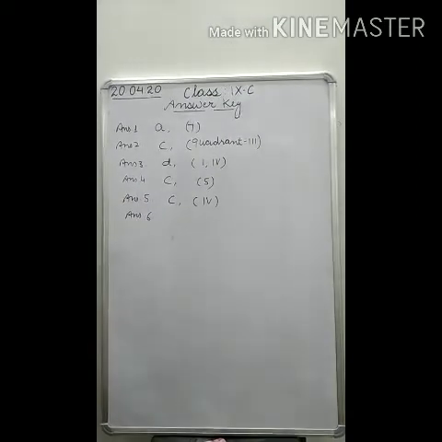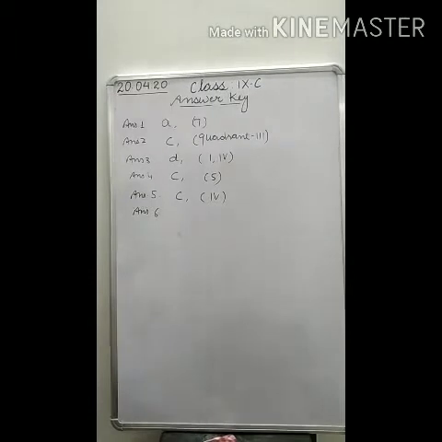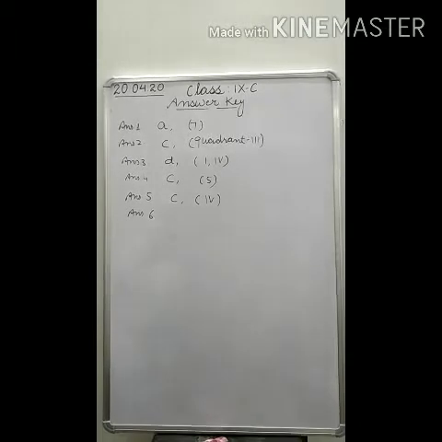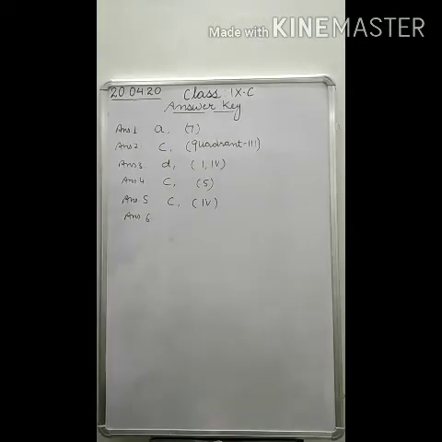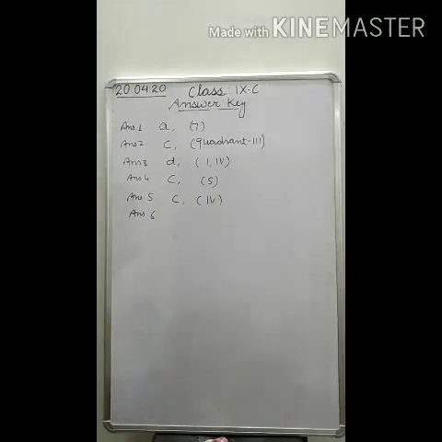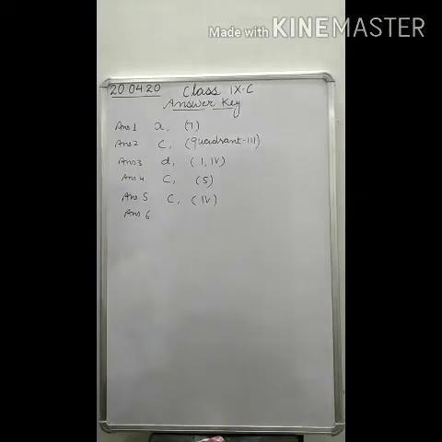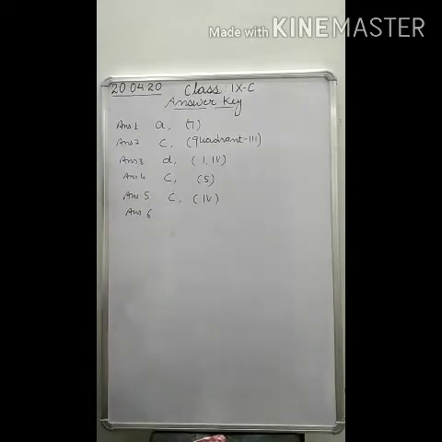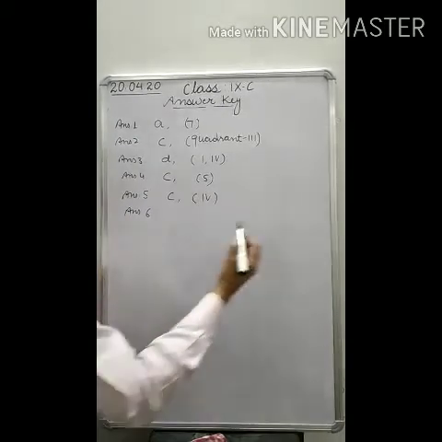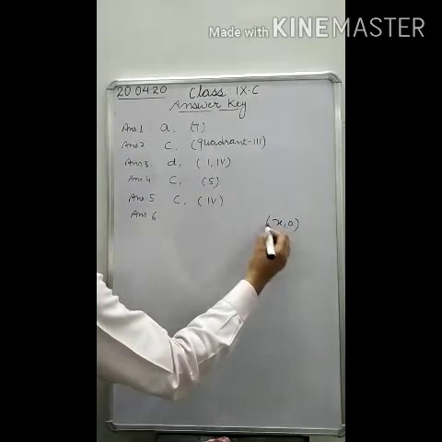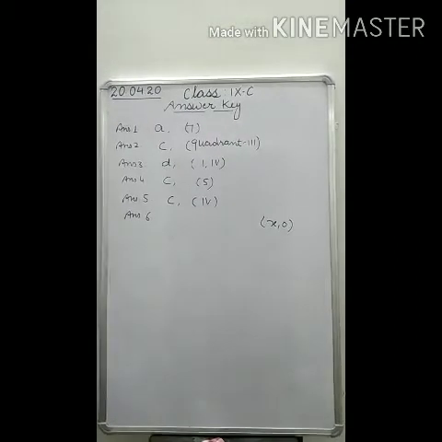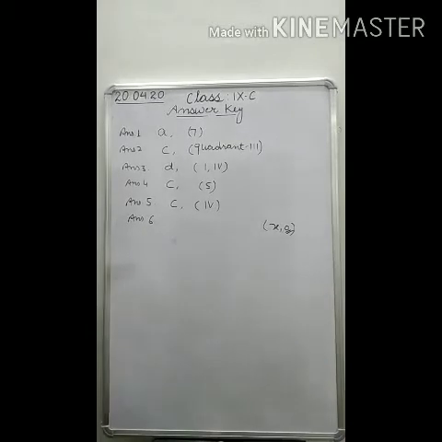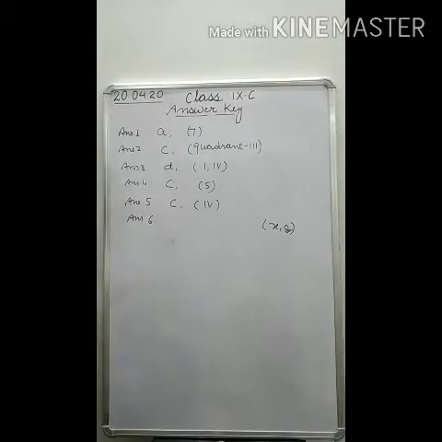Question number 6. Here in question 6 you are given which of the points A (0, 6), B (-2, 0), C (0, -5), D (3, 0) and E (1, 2) does not lie on the x-axis. First of all, you have to understand that the points which lie on the x-axis are of the form (x, 0). It means the points which lie on the x-axis always have y-coordinate 0. So you have to find such points which do not lie on the x-axis.